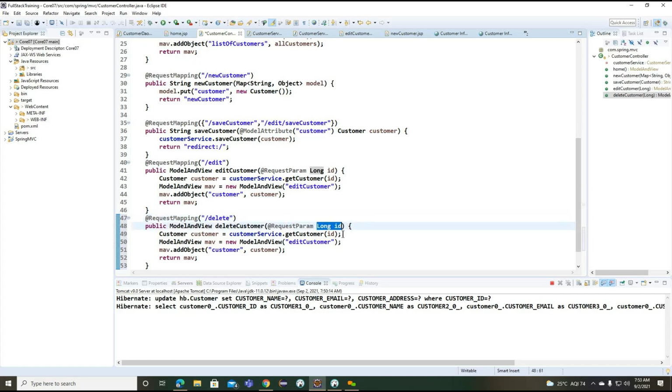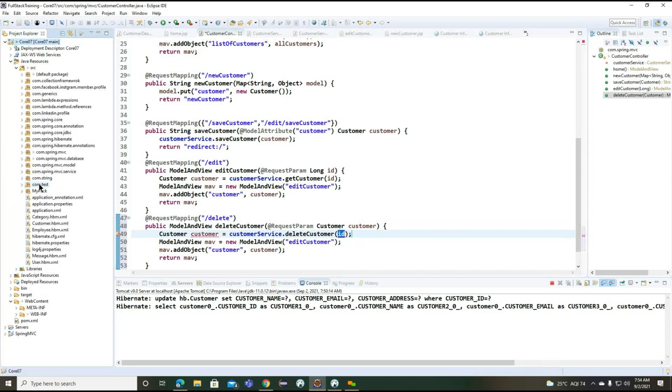So we are not going to work for the long ID here. We will work for the customer. Delete customer here. So we need to change the mapping information.